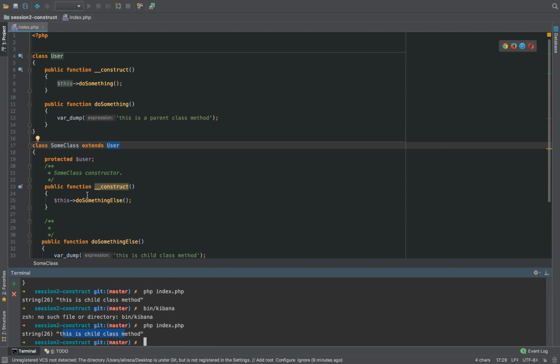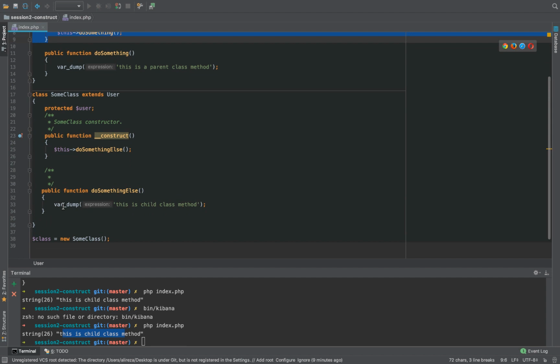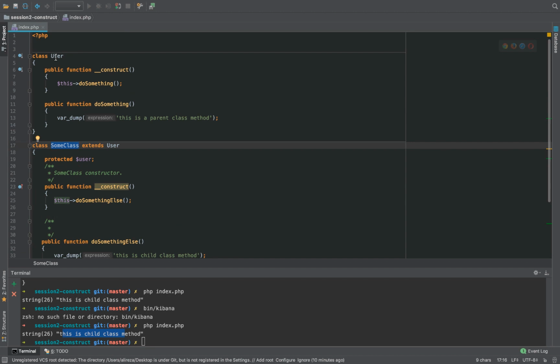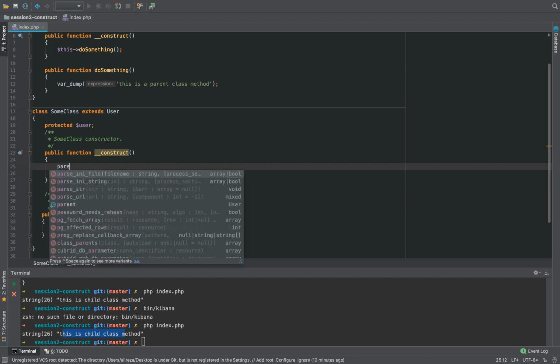What happened? Because if we extend SomeClass from user, the first thing to do would be the run of the construct of the parent class, but it didn't do that. When we define the constructor method in our child class, it will override the constructor method in the parent class. So to avoid this conflict, we can simply say parent